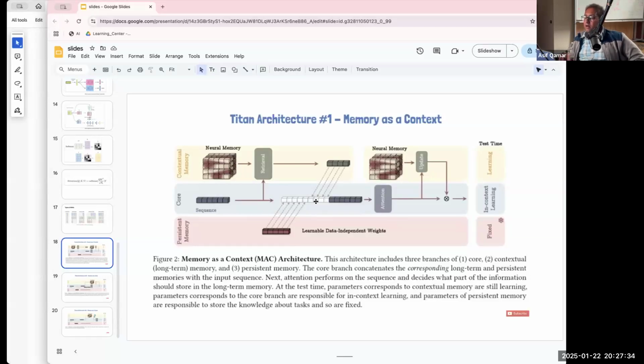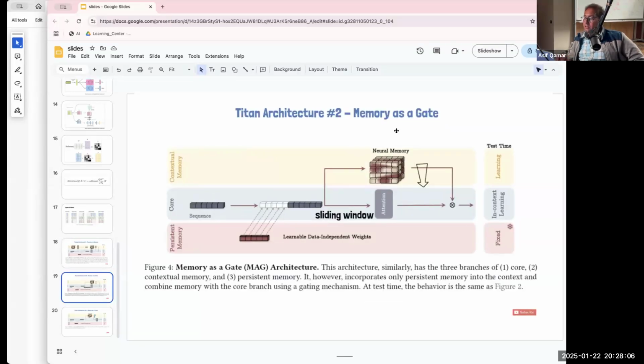So they identified that when you go through a sliding window, attention is not exploded in terms of size and complexity. And they also demonstrated that the perplexity, what they call ppl, which is an evaluation parameter for remembering the past, is better in some situations. In the paper they will explain this when you go into memory as a gate. Oh, another thing: in the memory as a gate approach, they are suggesting the sliding window approach.